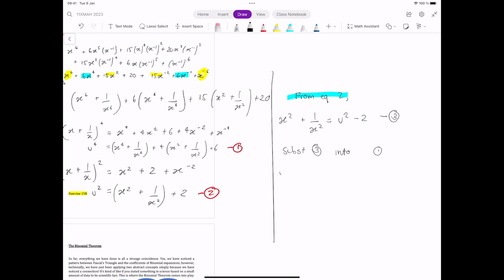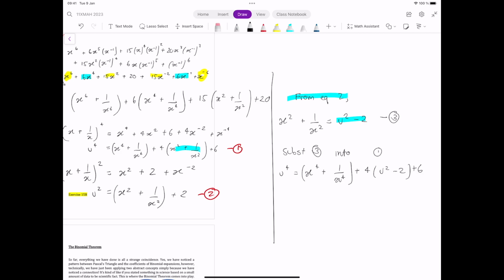So we've got u to the power of 4 is equal to x to the power of 4 plus 1 on x to the power of 4 plus 4 times, we've just discovered that this is this, so 4 times (u squared minus 2) plus 6,